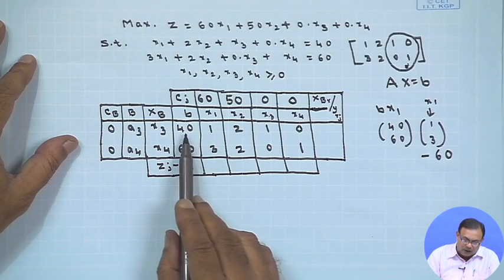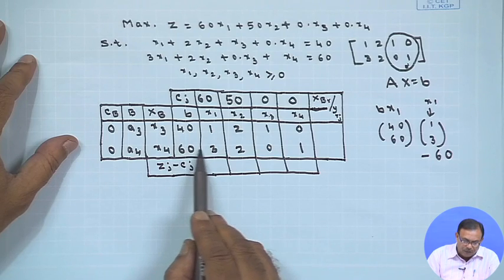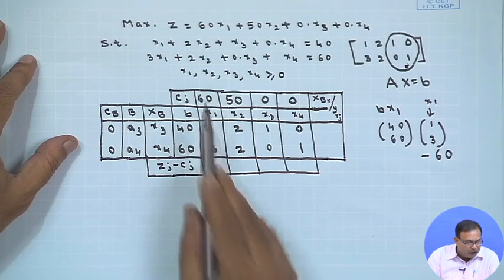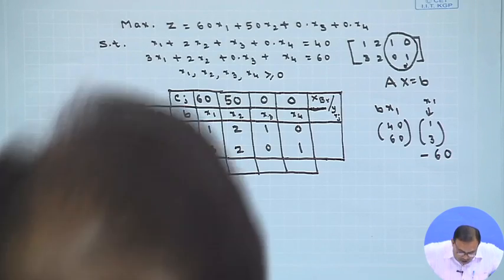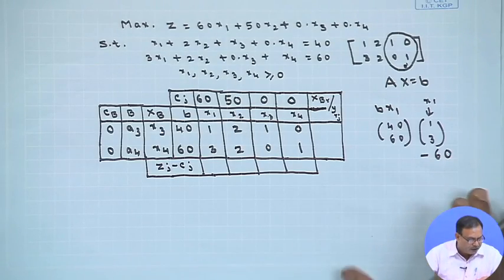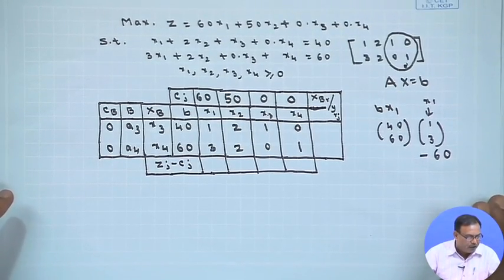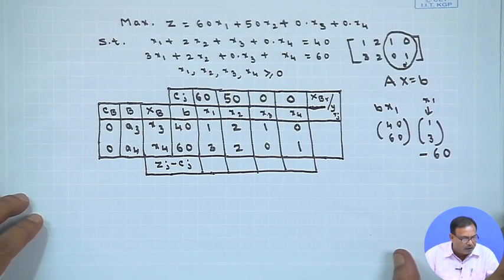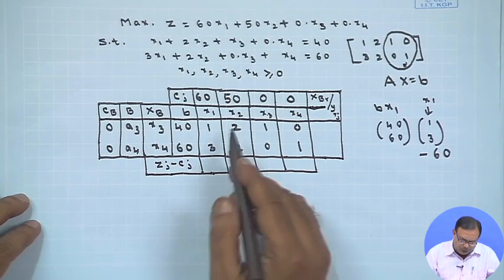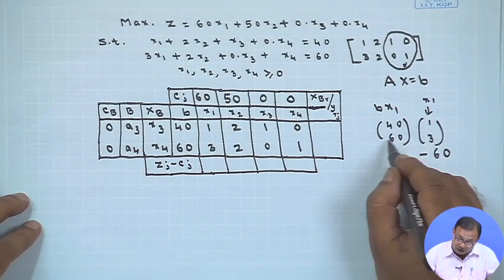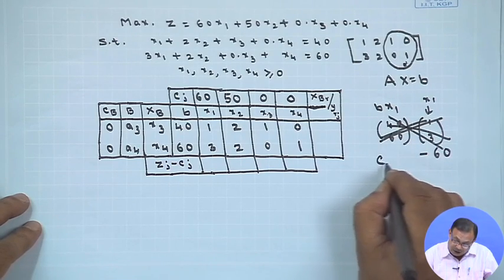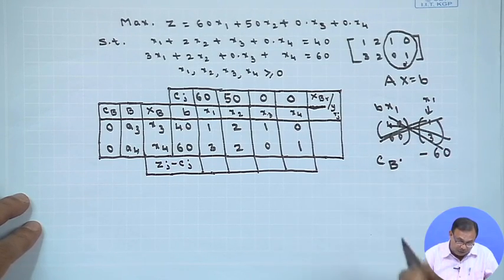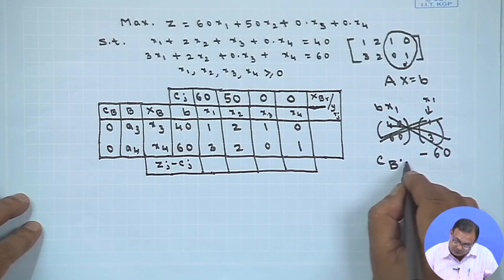Or in other sense it is 40 minus 180 minus zj, this plus this into this plus this minus 60. So, we will obtain the value as minus 60. Like this way, I have written wrongly here, totally wrongly. This is Cb into this B value